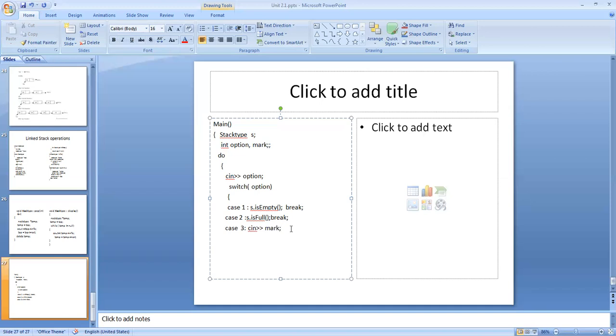Then I push this mark into the stack, s dot push of mark. Then break.